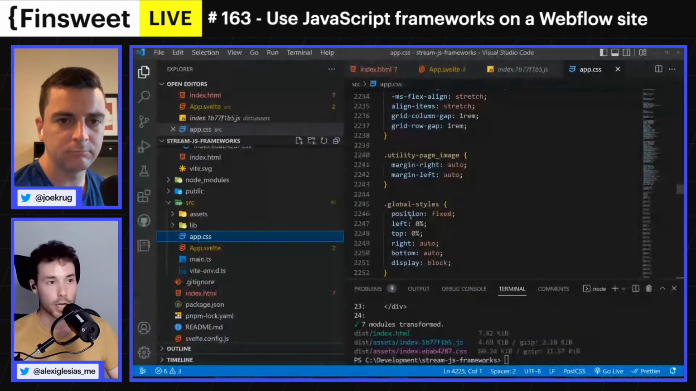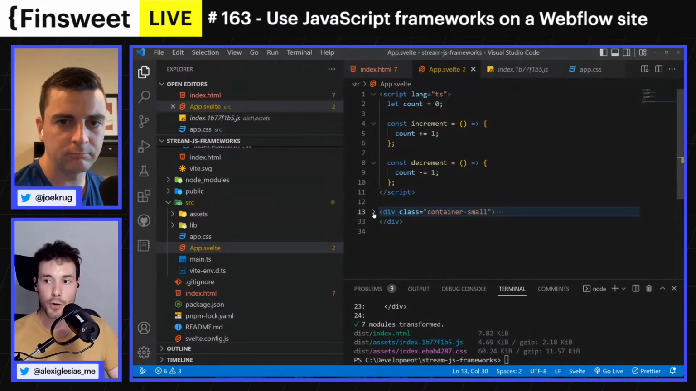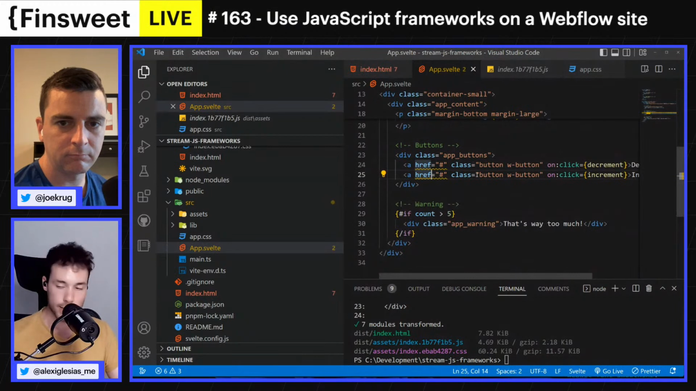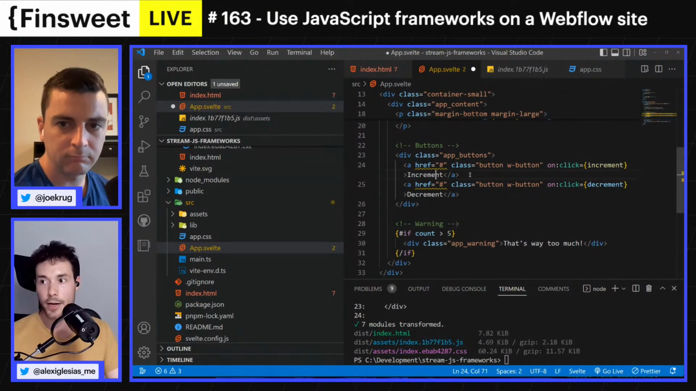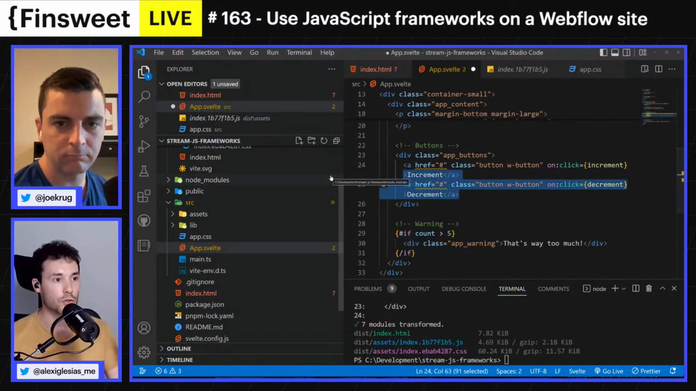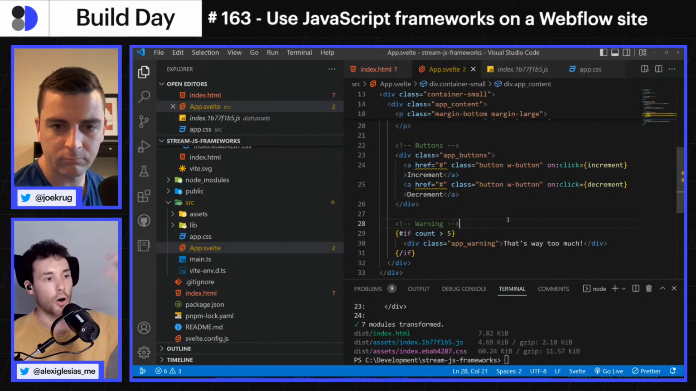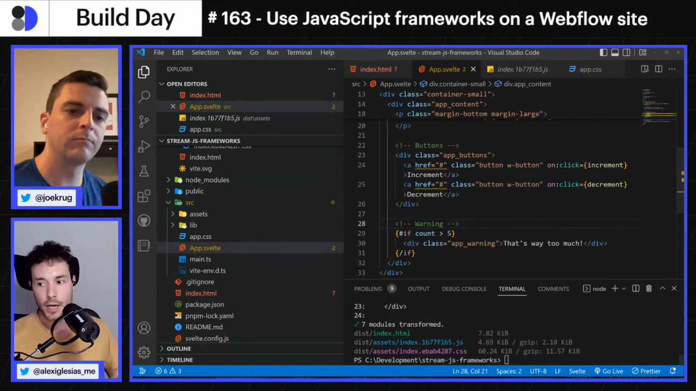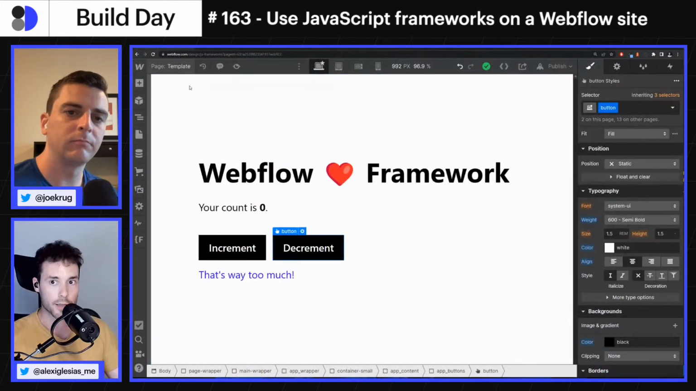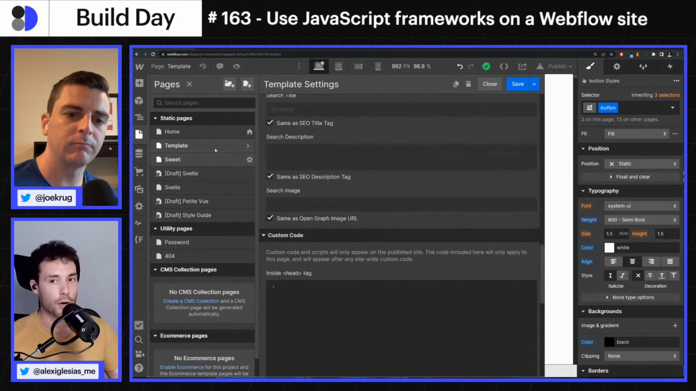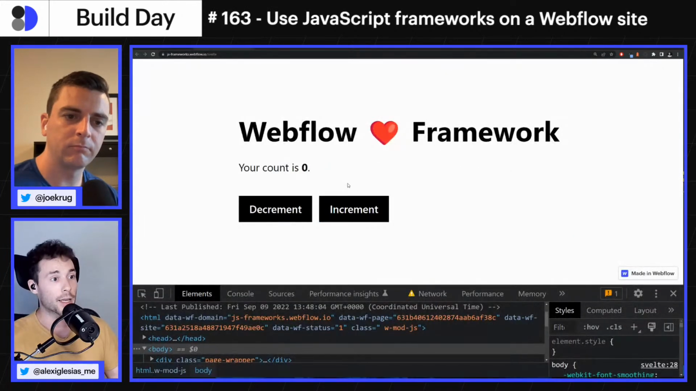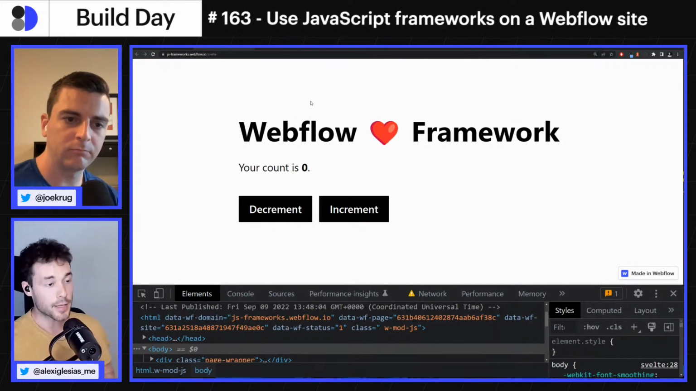I need to go to the code, to my app component, and pick these two elements and switch them. Now I have increment and decrement. They are switched. And now I need to build the code, deploy the code again, and put this newly deployed code in the Webflow project, and then the UI will be different. So just keep in mind that this is one of the big downsides of using a JavaScript framework on a Webflow site, because maintenance